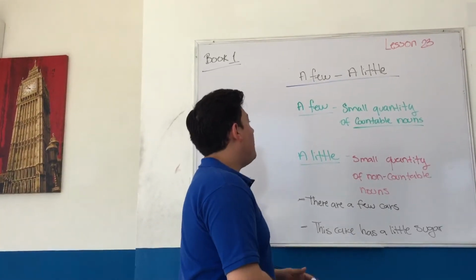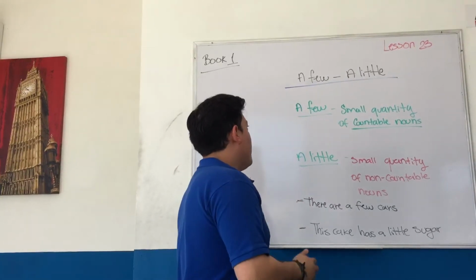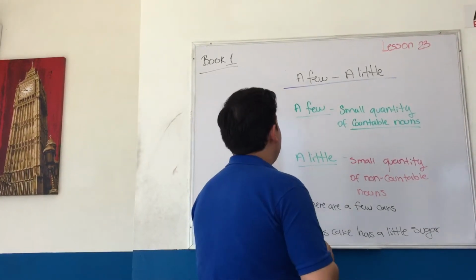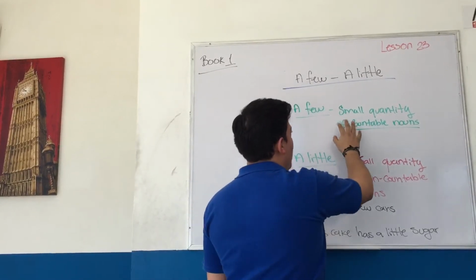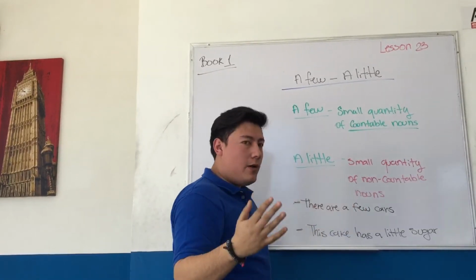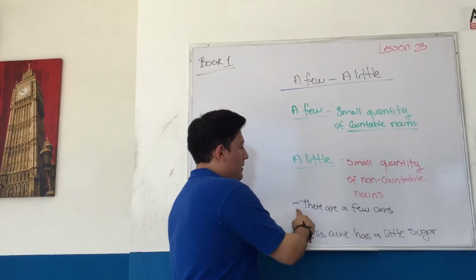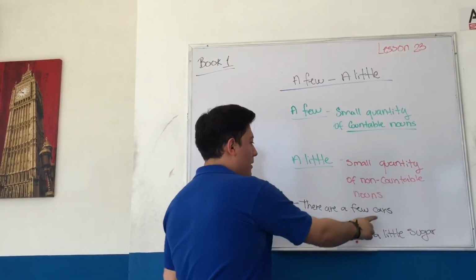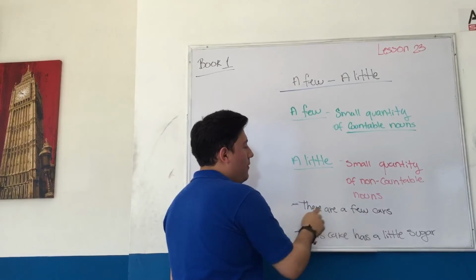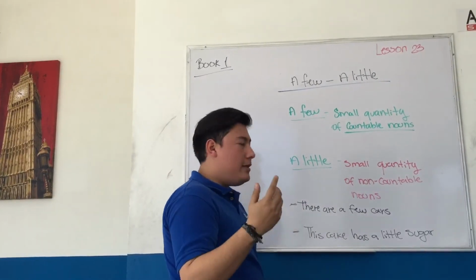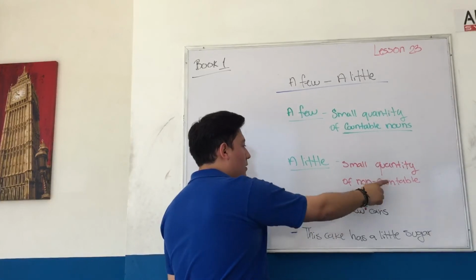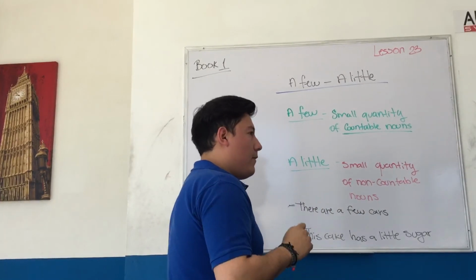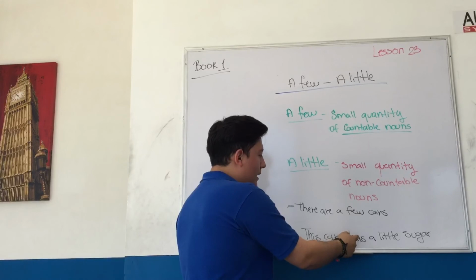Okay, we're going to talk about a few and a little. What is this? For example, a few. We use this word or phrase when we talk about a small quantity of countable nouns. For example, there are a few cars. You can count cars, so use a few. A little. We use a little when we talk about a small quantity but non-countable nouns. For example, this cake has a little